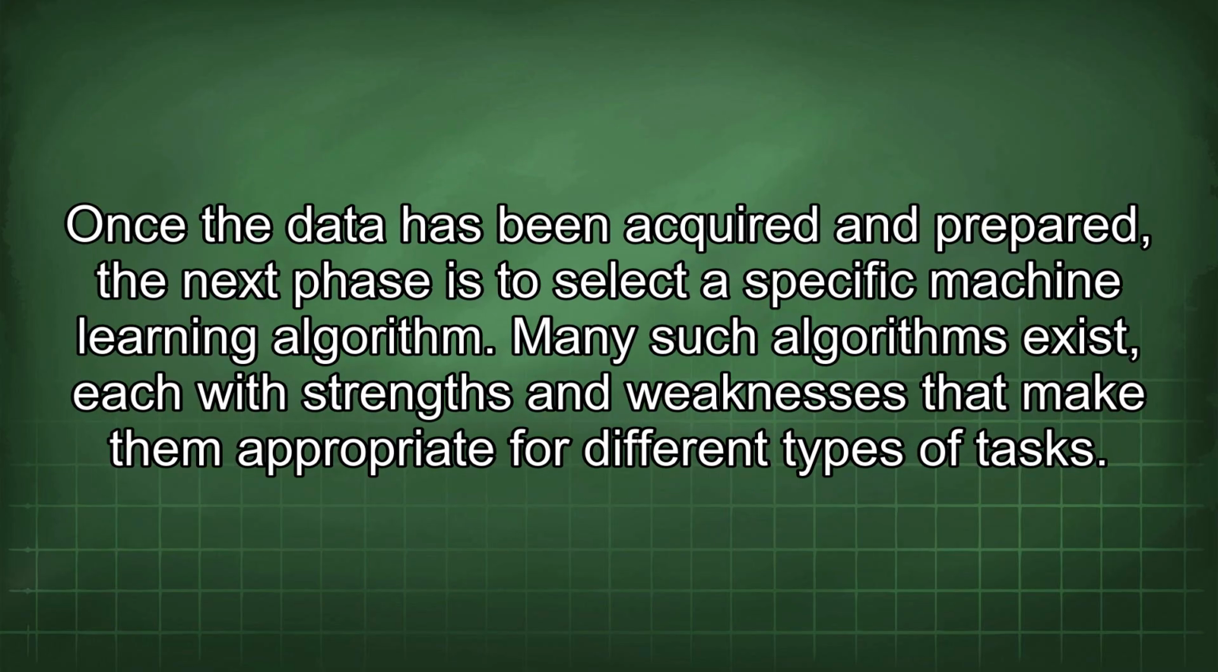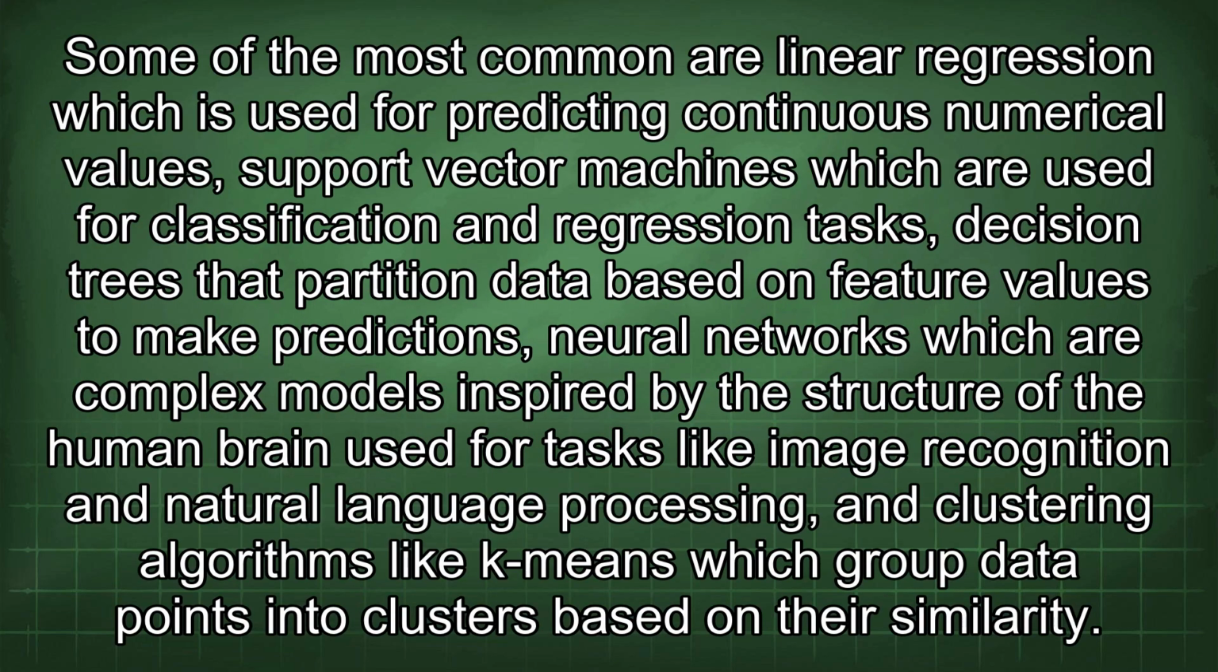Once the data has been acquired and prepared, the next phase is to select a specific machine learning algorithm. Many such algorithms exist, each with strengths and weaknesses that make them appropriate for different types of tasks. Some of the most common are linear regression, which is used for predicting continuous numerical values,